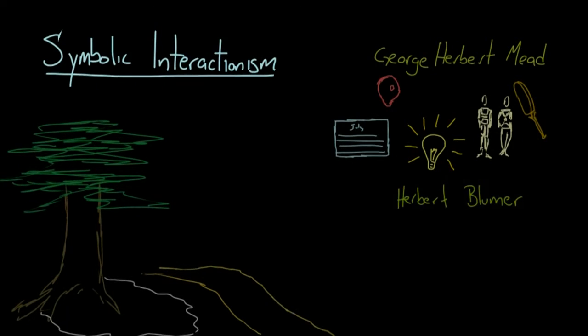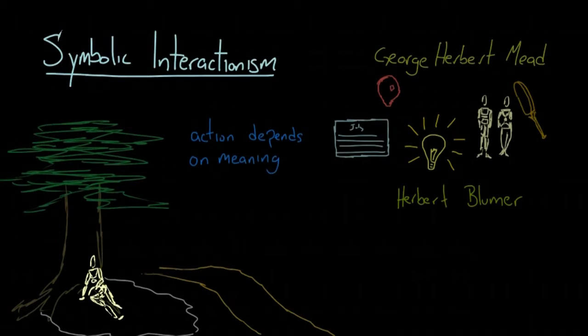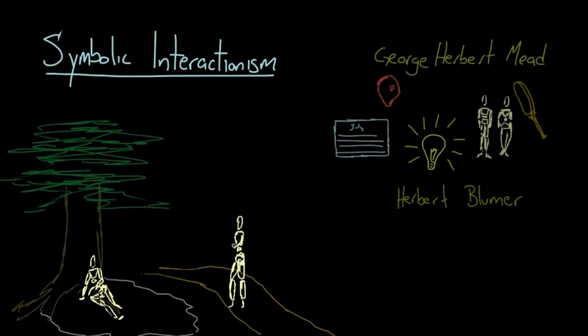Let's say I do decide to sit under that tree on my long walk today. I step off the path and sit down and lean back against the trunk. Blumer's first tenet was that we act based on the meaning we have given something. I consider the tree as a place to rest, so I'll go lean against it. As I'm sitting there, another person stops to warn me that all trees are infested with ants.